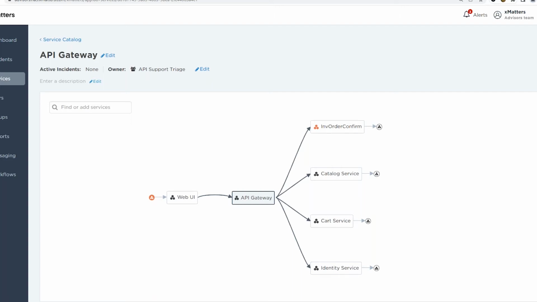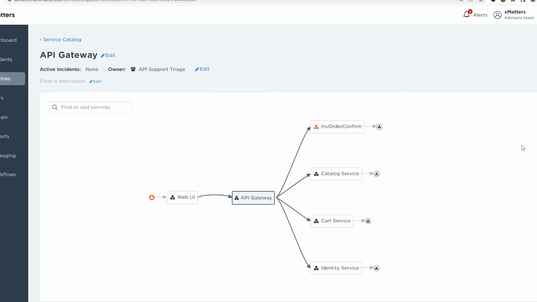Now, I will say it is worth noting that the scenario we're about to go through does build a clean and simple map, but the service dependencies map encompasses all your users and services in your instance. So in practice, the map does get more complex very quickly as those services start to connect together. So with that said, let's create